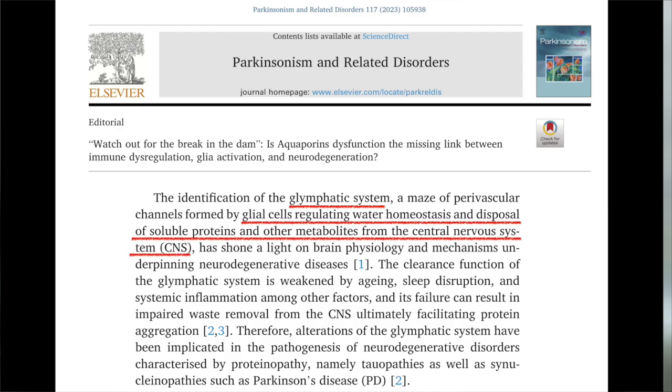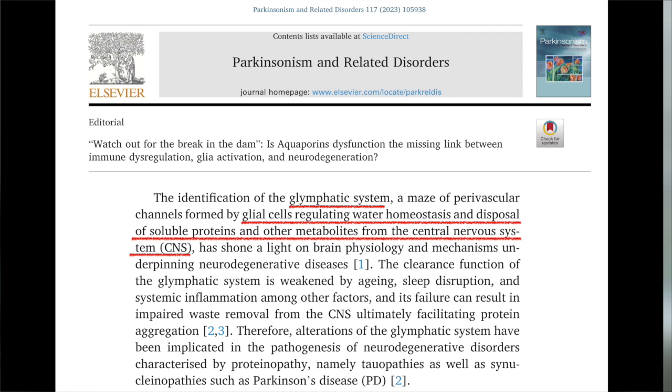Hello, everybody. So the term glymphatic system derives from the fusion between glia and the lymphatic system, and it is the central system counterpart of the peripheral lymphatic system, and it involves glial cells like the astrocyte. So it is a network of channels between the vasculature and perivascular astrocytes and allows the circulation of CSF and interstitial fluid within the central nervous system parenchyma, and provides a clearance of toxic metabolites and proteins like alpha-synuclein within the context of Parkinson's disease, but also beta-amyloids and tau protein for Alzheimer's disease.